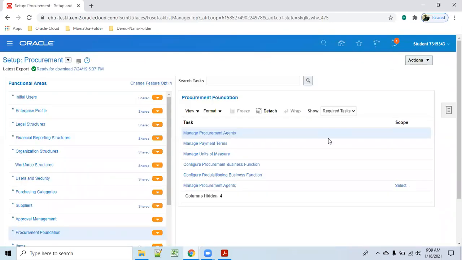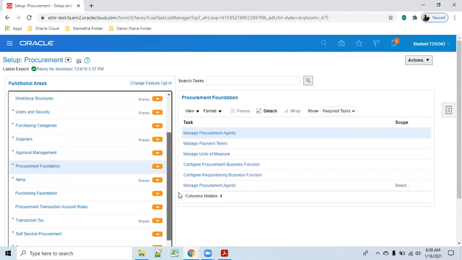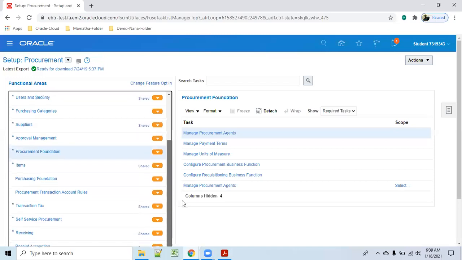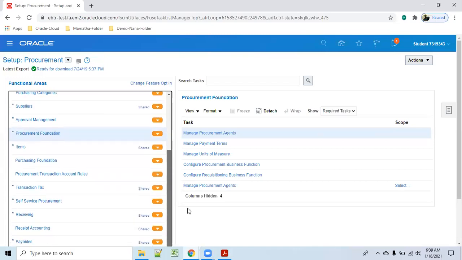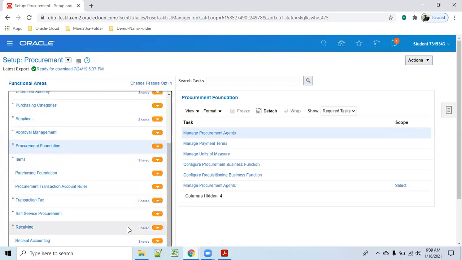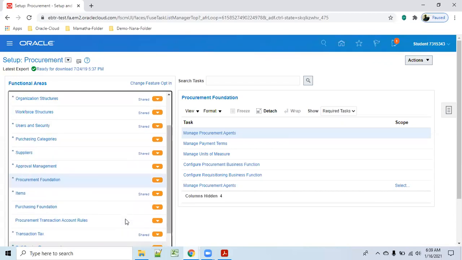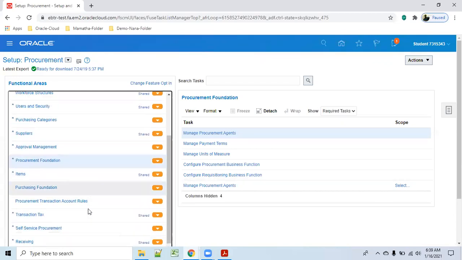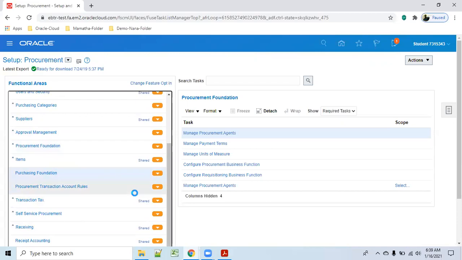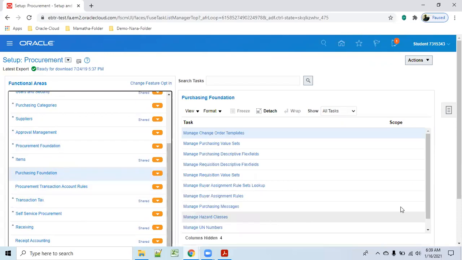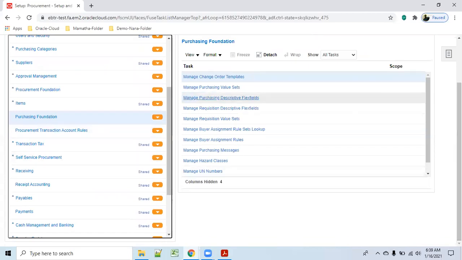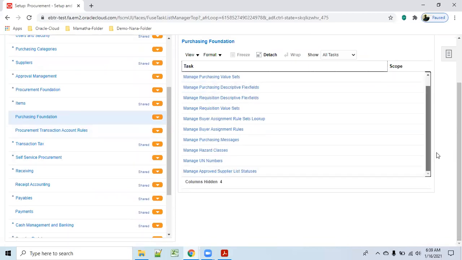Now we'll go for receiving parameters. Where will we find receiving parameters? There are a lot of setups in purchasing foundation also.